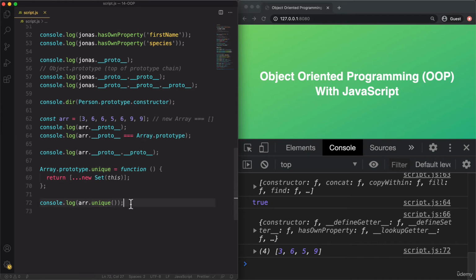However, what we just did here, extending the prototype of a built-in object, is generally not a good idea. I mean, if you're working just on a small project on your own, then I guess you could do this. But really, don't get in the habit of doing this, for multiple reasons. The first reason is that the next version of JavaScript might add a method with the same name that we are adding, for example this one here, but it might work in a different way. And so your code will then use that new method, which, remember, works differently,